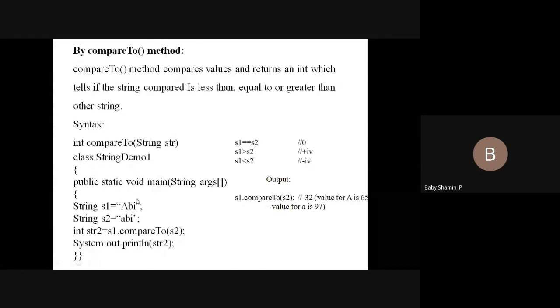In this way it finds the output. If any characters mismatch, it finds the Unicode value of that character in the first string and in the second string, and compares whether it is greater or less. If it is greater, your output is positive. If it is less, your output is negative. We can perform a subtraction operation and it will display the output.